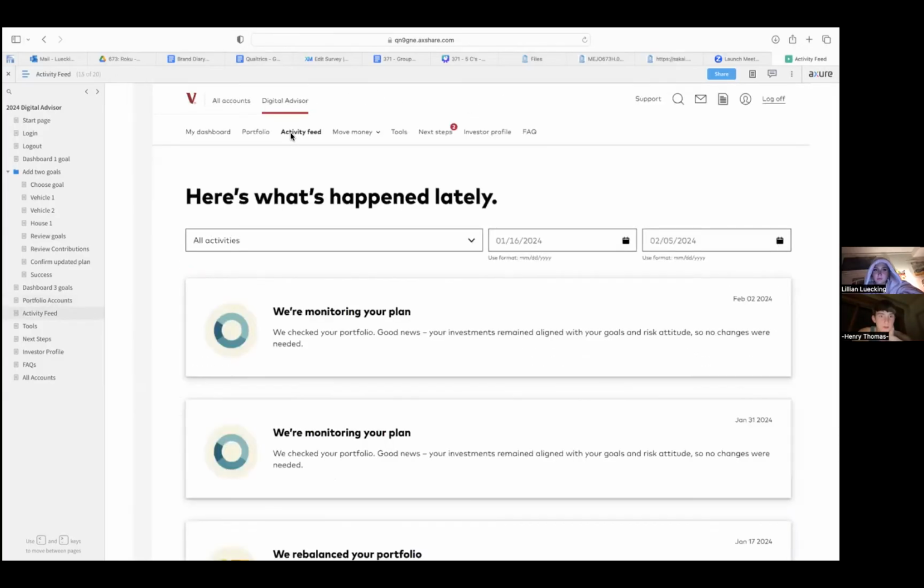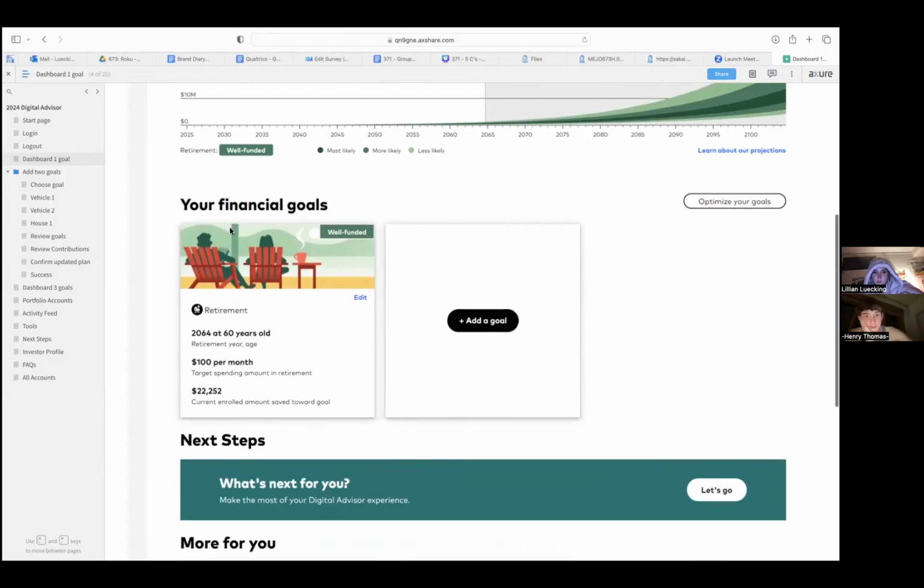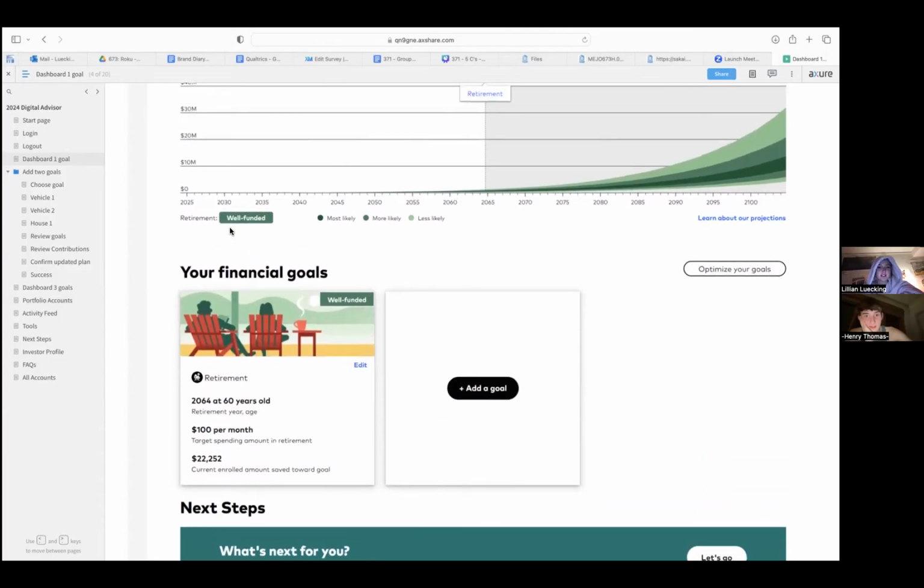Hold on. Perfect. If you could summarize when you plan to retire according to the chart and how much you'll spend per month in retirement. 2064 and $100 per month. Awesome. Then